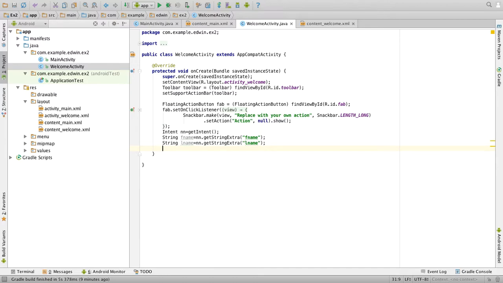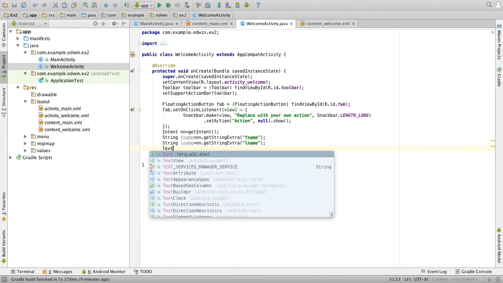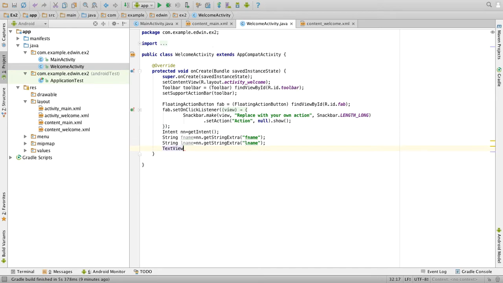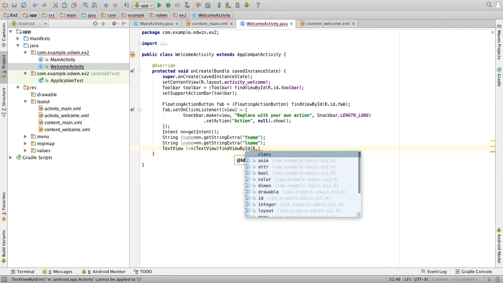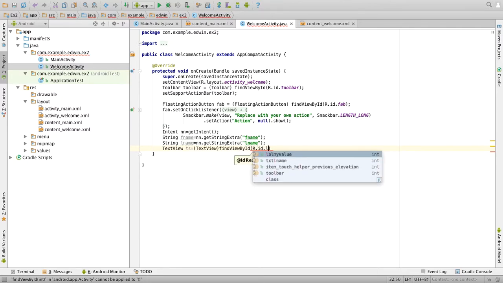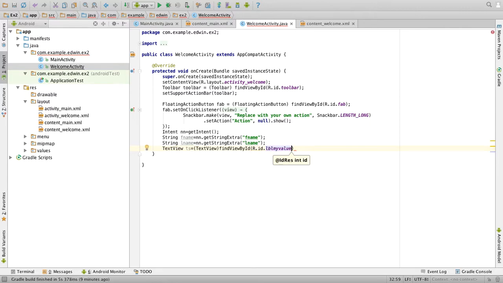Once you did this, you got the values in fname and lname. Now we have to display. So to display it, we have to again get the text view ID. So TextView ts is equal to (TextView) findViewById of R.id.lblmyvalue.